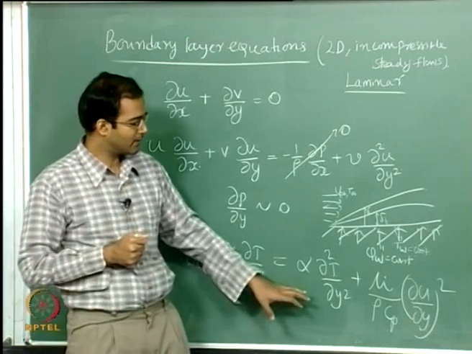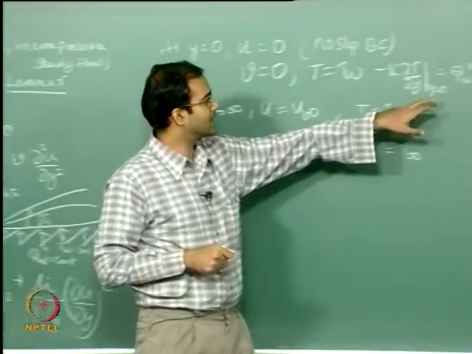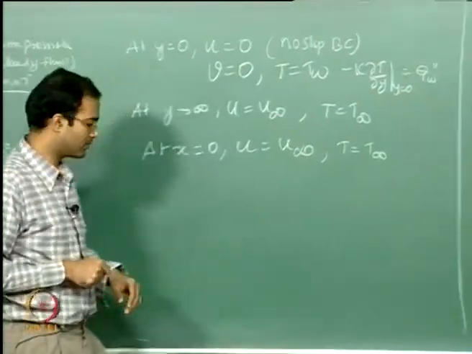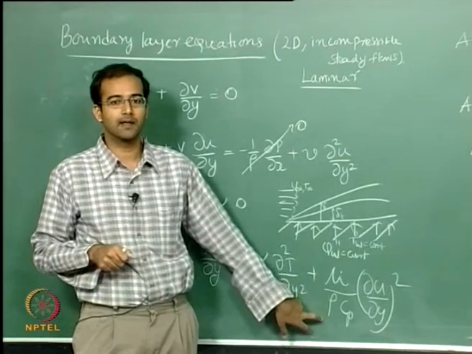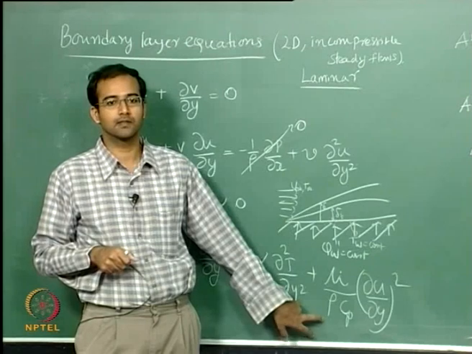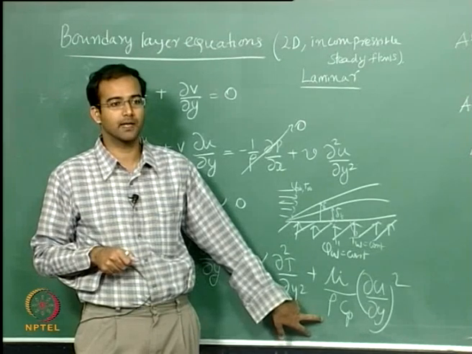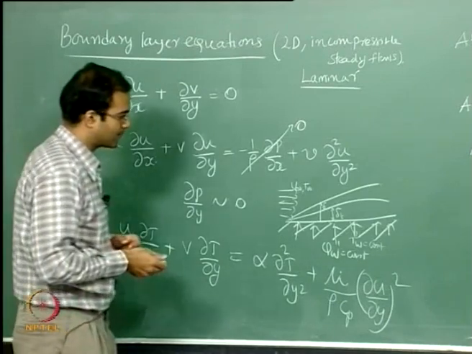If time permits, towards the end of this course I will take up this particular case. So what it means is, even if you have an adiabatic boundary, suppose you put minus k dT/dy at y equal to 0 is 0, and you have this viscous dissipation, you will find a temperature profile. This is something which we will take up if we have time. Otherwise, for this particular case